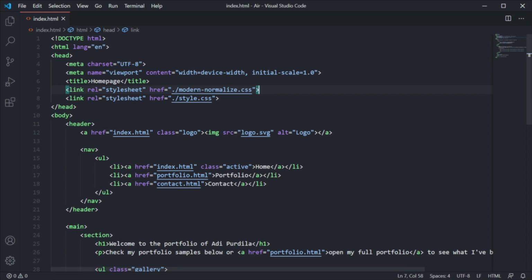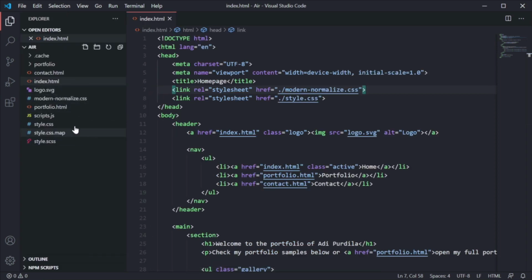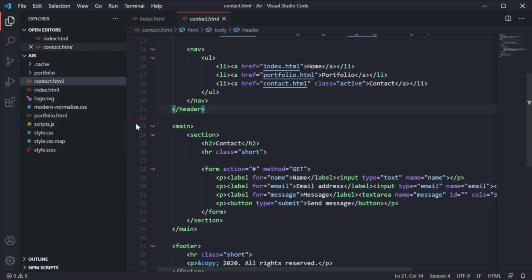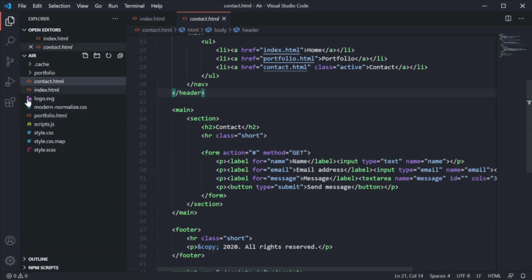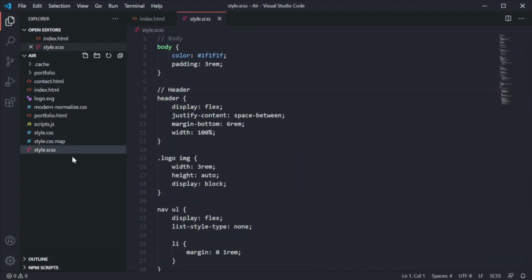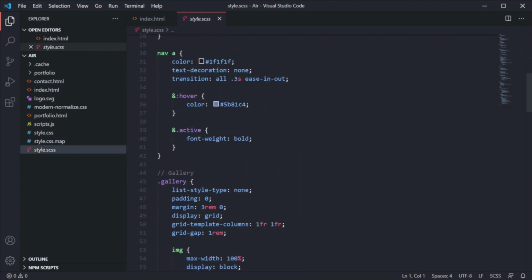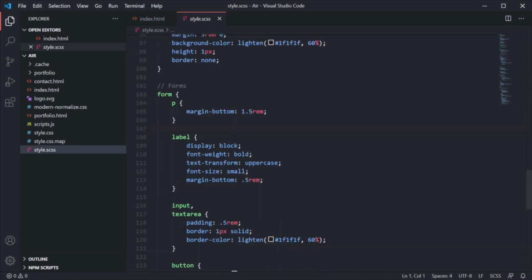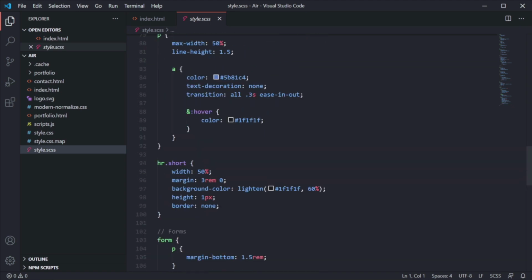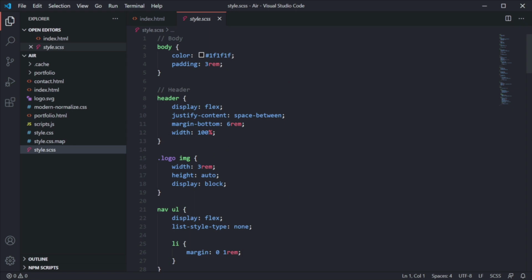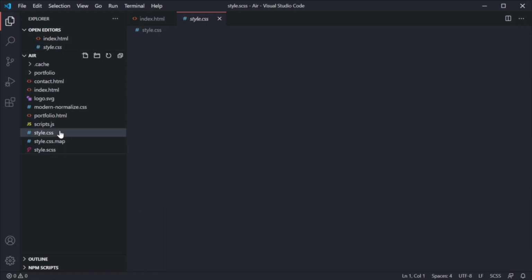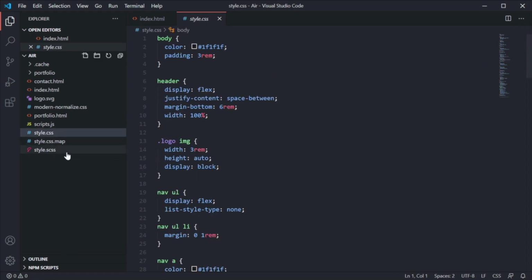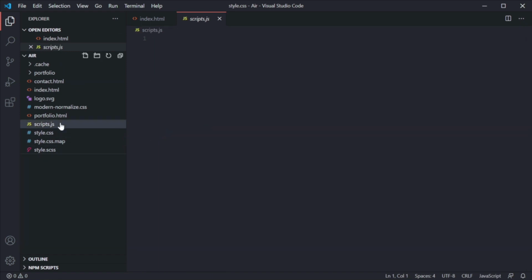And as you can see here, we have the 3 pages: index.html, portfolio.html, and contact.html. And I also have an SCSS style sheet. This really has nothing to do with the page transitions we'll do today. It's just here to give the page a little bit of styling. I have a CSS file compiled from this SCSS. And I also have a blank